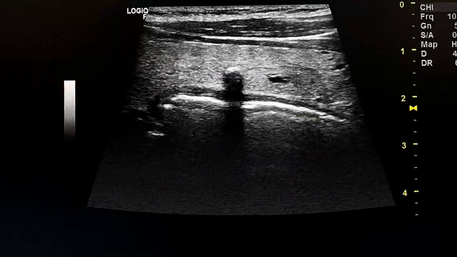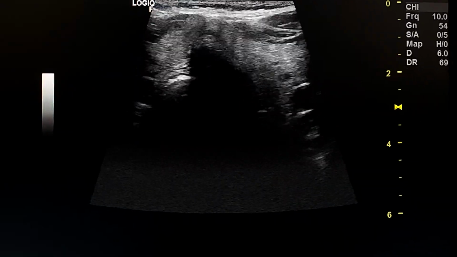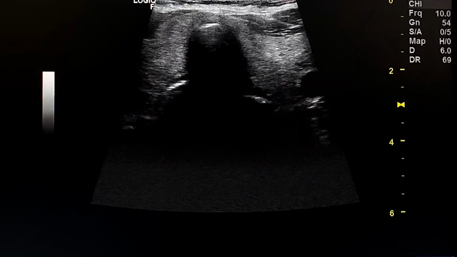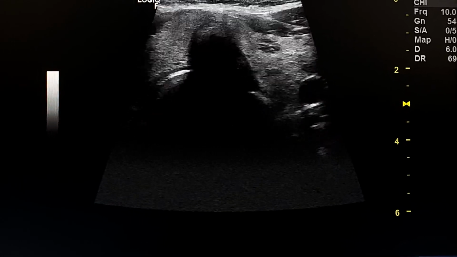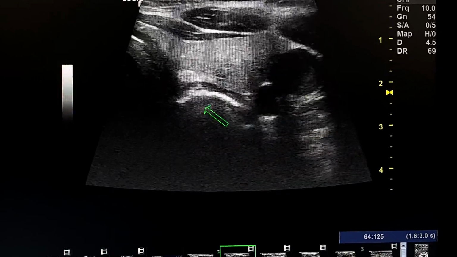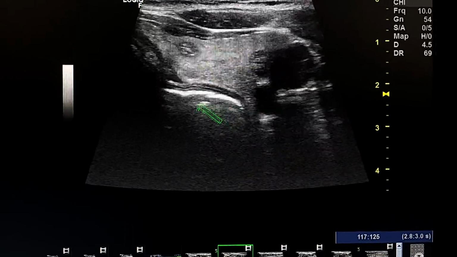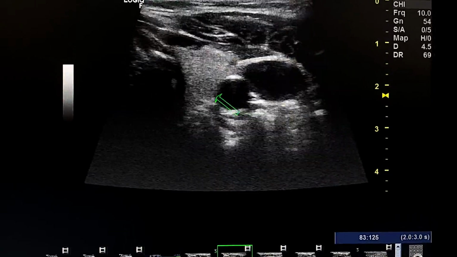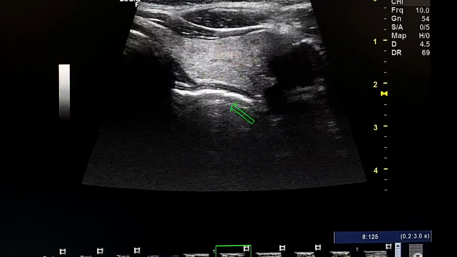This is a longitudinal section in the left lobe, and here is a transverse section at the midline showing both lobes and the isthmus. What we see from the first section here is that the esophagus is slightly dilated,